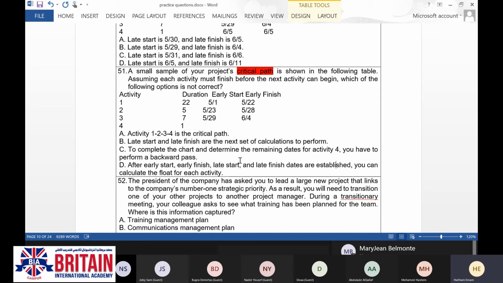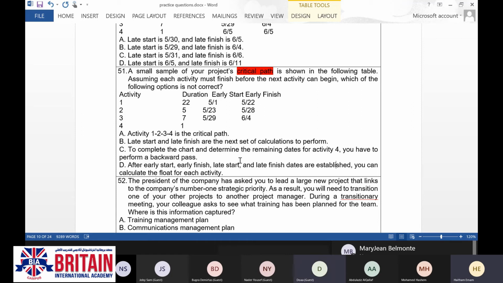And how to calculate the free float? Okay, first of all, what do we mean by free float? The free float is the duration minus. Sorry, I cannot remember the formula right now. No, no, forget about the formula right now. And by the way, you don't need to say sorry. We are here trying to remind ourselves of the answers. So, first of all, I'm asking you about the definition of the free float. What is a free float?